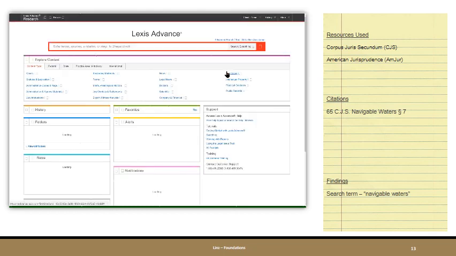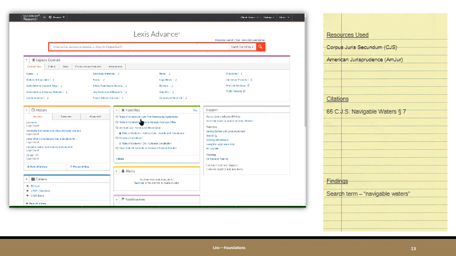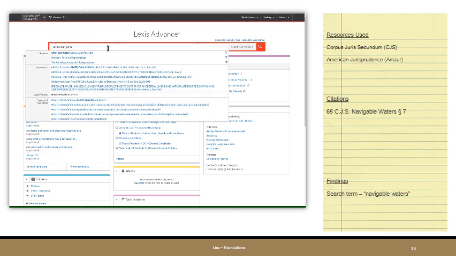And this time, since we know we want to look in AMJUR, we could drill down through secondary materials from one of the content areas like we did in Westlaw. But now instead, let's just type in here American jurisprudence, and it should pop up, and there it is, as one of the sources to search.